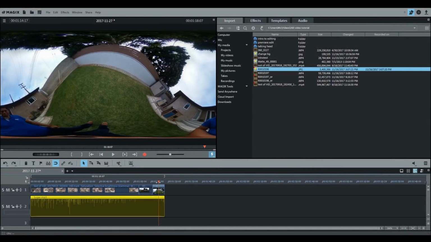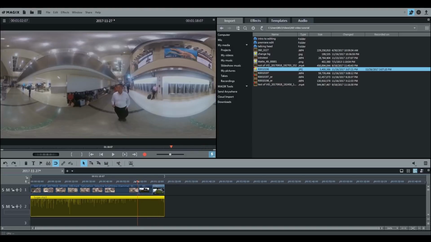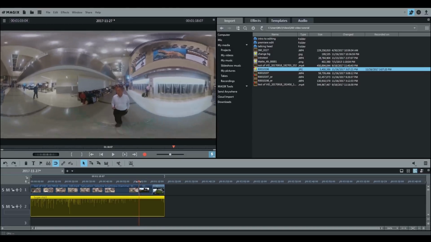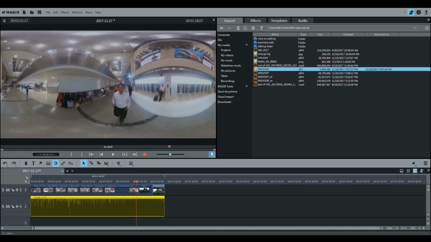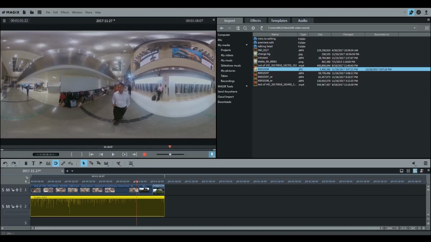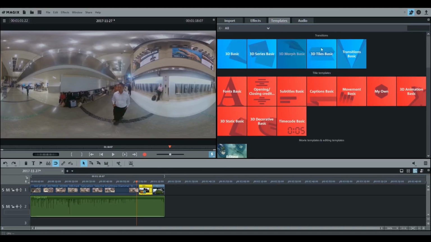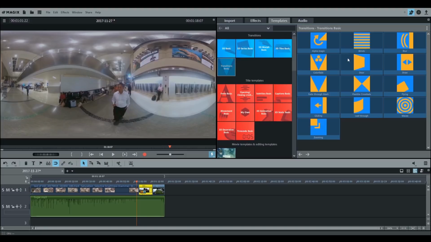Now let's learn how to create transitions. So here it just cut from one 360 video to another, and let's say we want to do kind of like a crossfade or some other transition. So to do that, we select the video where we want to add the transition, and we go to templates, and then we click on transitions, basic, and then you can see what the different types of transitions are available, such as, for example, let's say